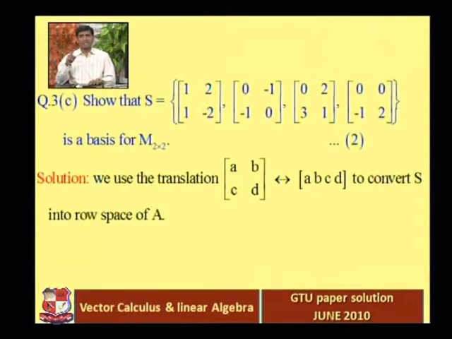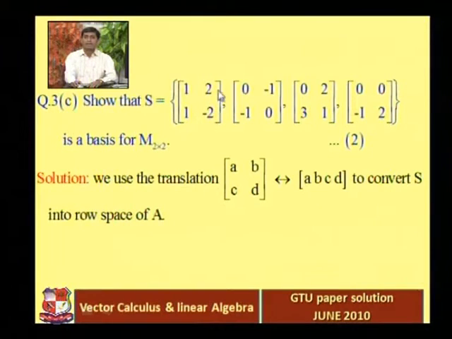Okay, and here we have exactly 4 vectors, a set of four 2 cross 2 matrices. To prove that the given set is a basis or not, you only need to prove that the given set is linearly independent. So let's check whether the given set of vectors is linearly independent or not. We use the row transformation to convert S into the row space of